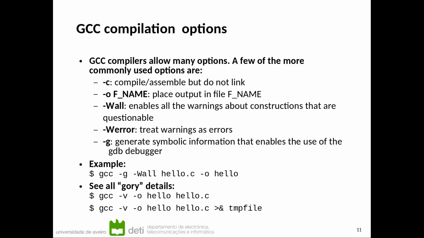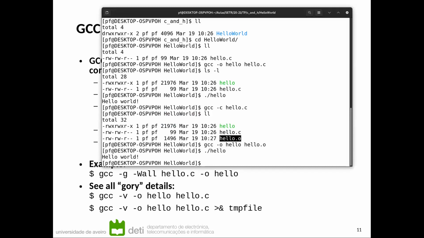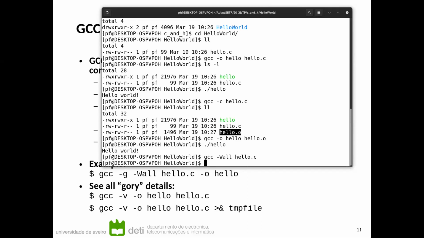If I write -Wall, that means in the example, gcc -Wall hello.c. I have no problems in this code. It's rather simple, no warnings issued.